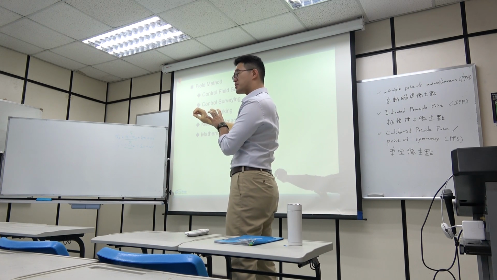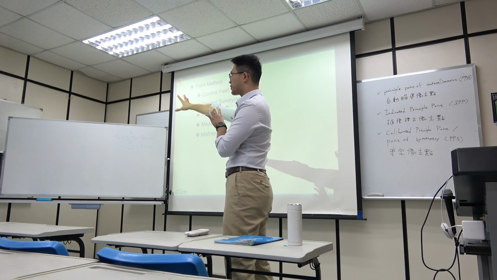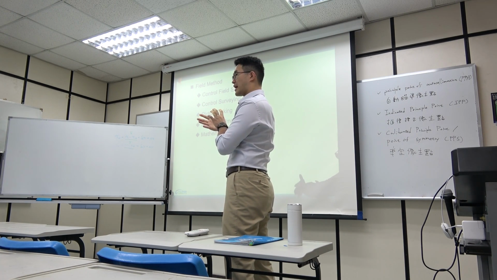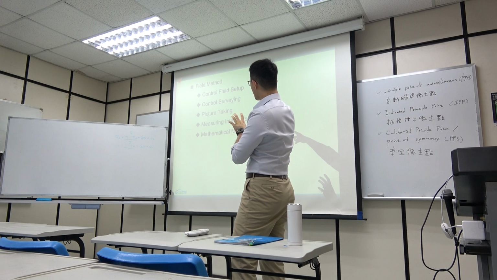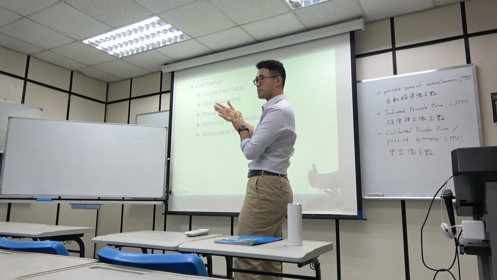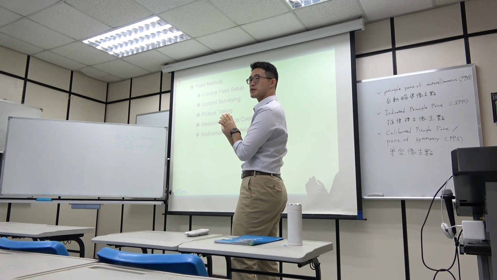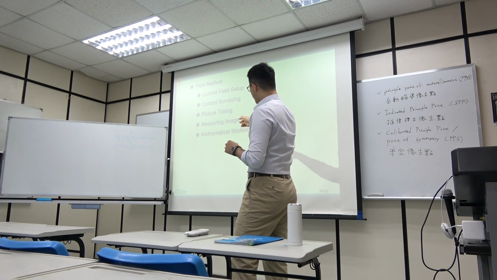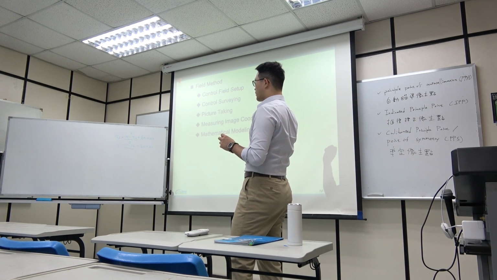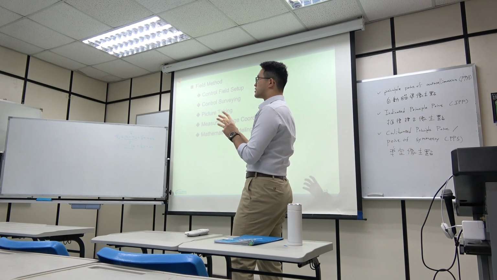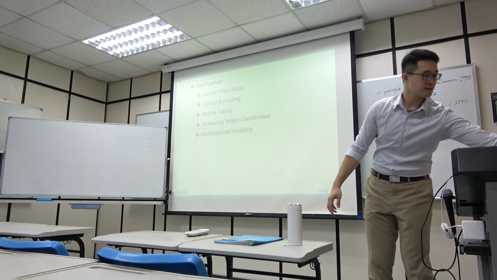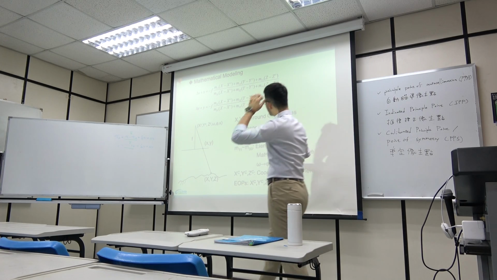So we use the ground control points that we just set up to obtain the ideal answer. However, compared with the image coordinates that we just measured, we will find some differences, and those differences are caused by lens distortion. So the final step, mathematical modeling, is about how we can set up some additional parameters for the collinearity condition equation. That's something we talked about before. So the simplest